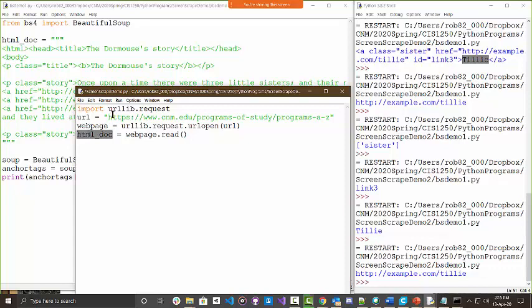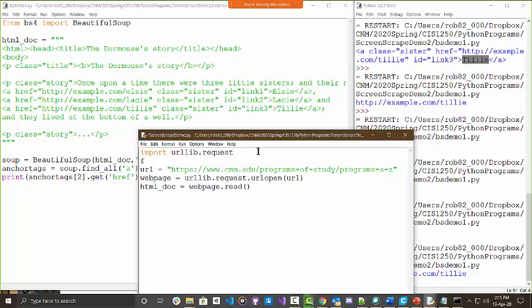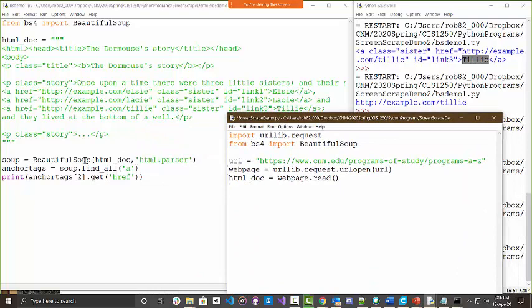So with urllib, I can open up a page and get the actual text from the document. That's kind of like this whole piece here. And then I could also do from bs4 import Beautiful Soup, and following this example here, I could say soup is equal to